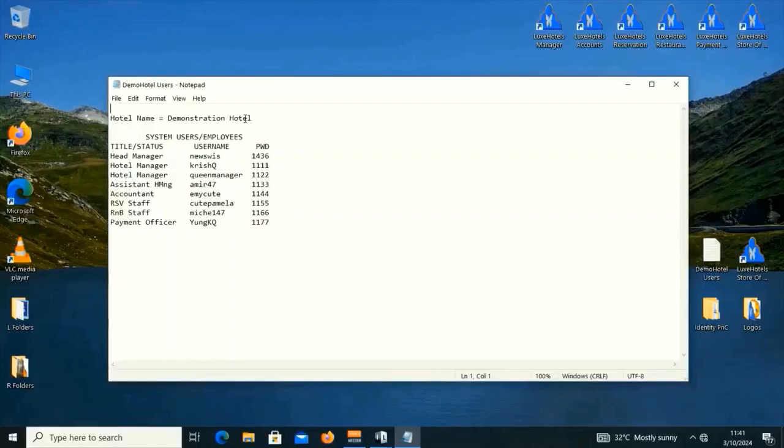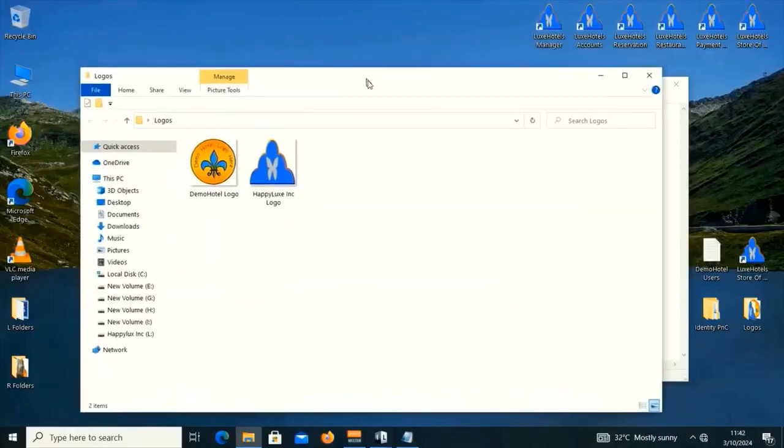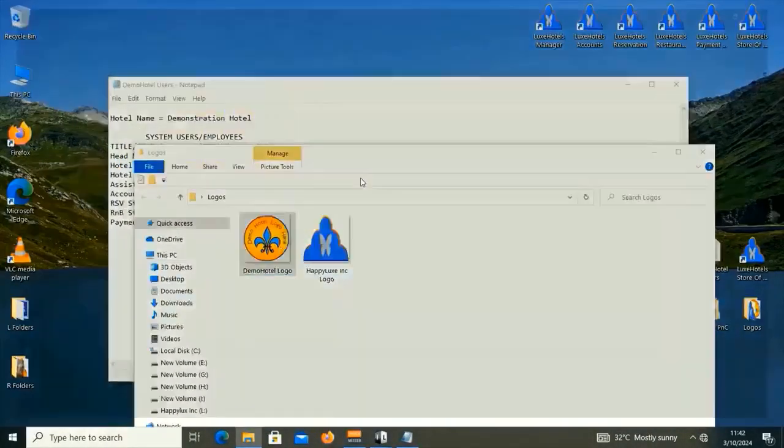So we'll be using Demonstration Hotel as the name to replace that client's hotel, which in this case is Blue Sky Hotel, and the logo that we'll be using for that client's hotel will be this